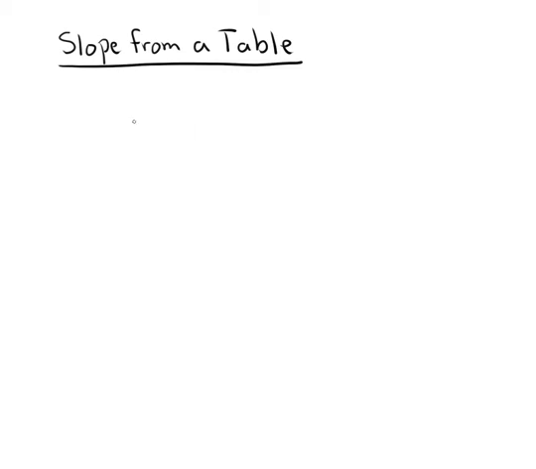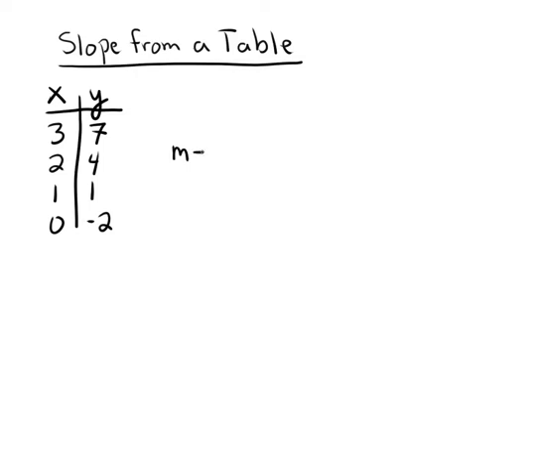We will find slope from a table. With our notes, what we want to do is make a table. We have our x and our y, so our coordinate pairs of (3, 7), (2, 4), (1, 1), and (0, -2). So we want to find, and we remember, slope is the m, which is